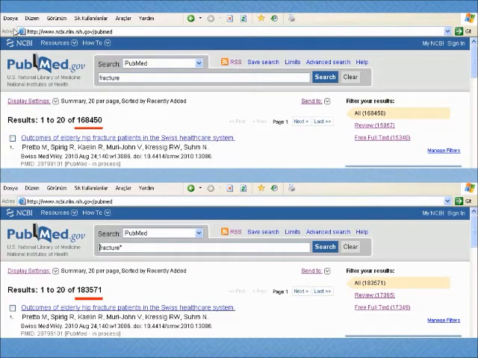For example, here, if we write fracture, there is no monitor so I cannot see, but it's around 168,000. But if we put a star wildcard, then we reach wider results. So in this way, we will see in our results lists some false negatives are included here according to the previous one.